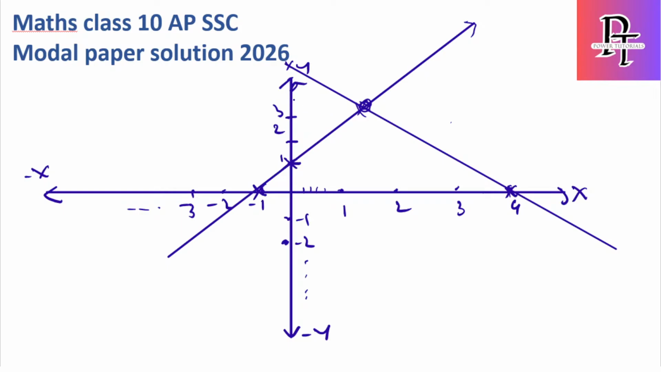Okay, so just take a scale, draw this properly, and wherever these two lines meet at a point, that is nothing